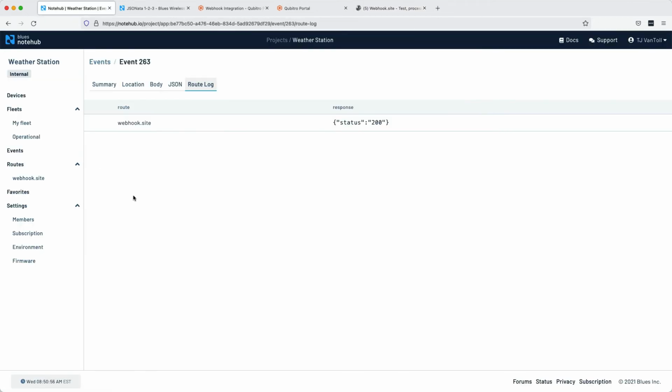This ability can be quite powerful when it comes to scaling your apps because it puts you in complete control of your data and allows you to build really anything you want with that data. Whether it's something like a dashboard in a web or a mobile app, or maybe some sort of alerting system that sends notifications when sensor values go too high or too low, or really anything else you can dream up.